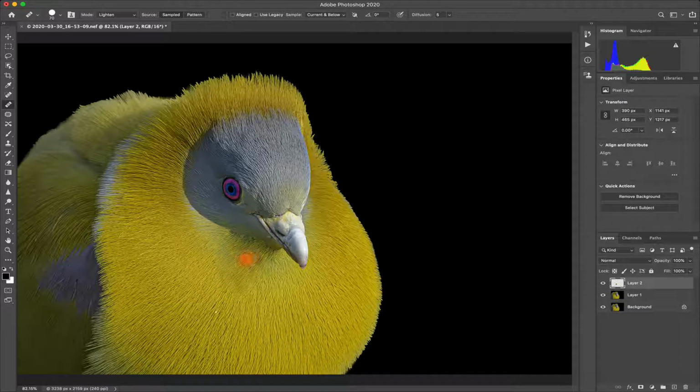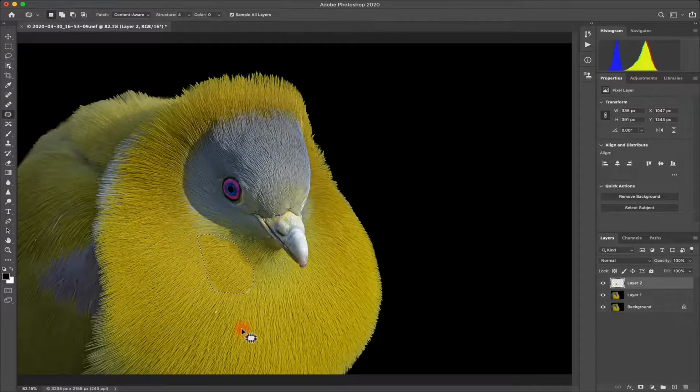So this would probably take a good 5 minutes to fix up, as also the snail image that we saw, because you'd have to make sure, and you'd probably use a combination of all these tools. For example, if I do a patch on this, it retains more of the texture and tries to blend it in. We can play with the structure, color and other options in the other tools, but this is how you basically go about fixing highlights and shadows for wildlife images. Generally you would land up using a combination of all these three, maybe curves or brightness adjustments, and that's about it.